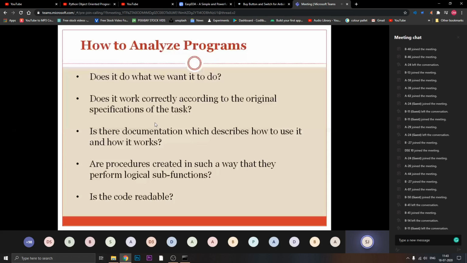For that purpose, what are the measures? Those measures are written in the form of questions. There are 5 questions.